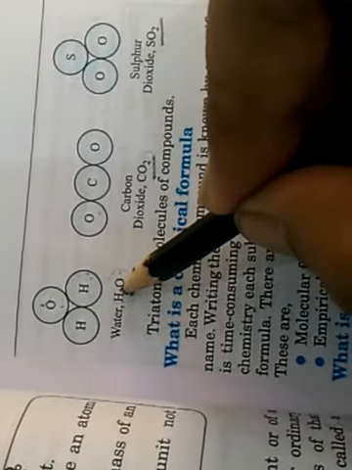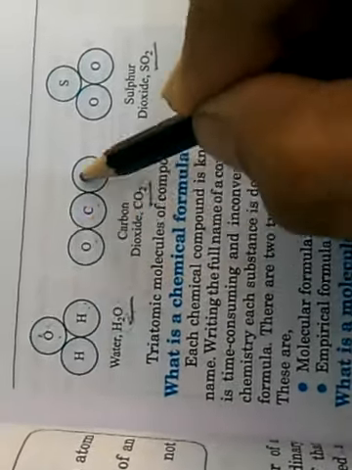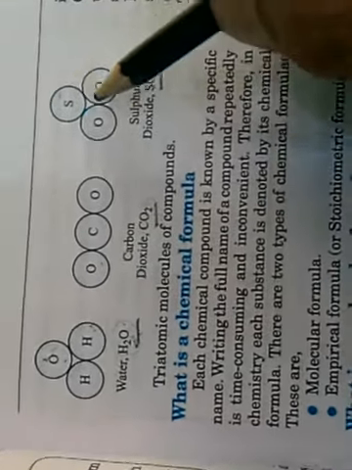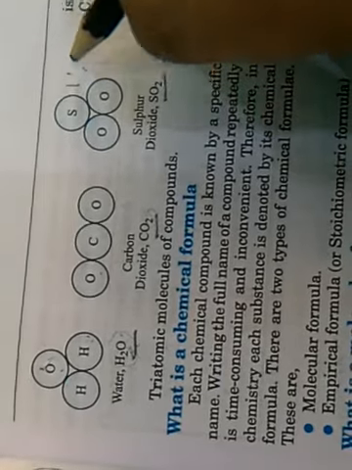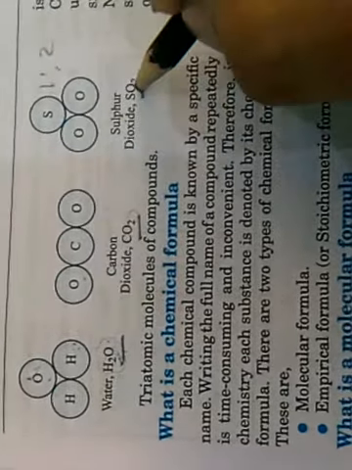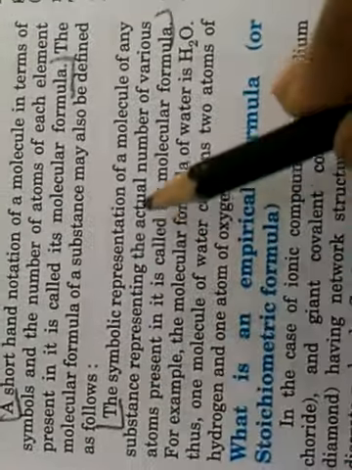For example, 2 and 1, 2 is to 1. 1 sulfur, 2 oxygen, 1 is to 2. So basically more proper is they show the ratio, but you will have to write this